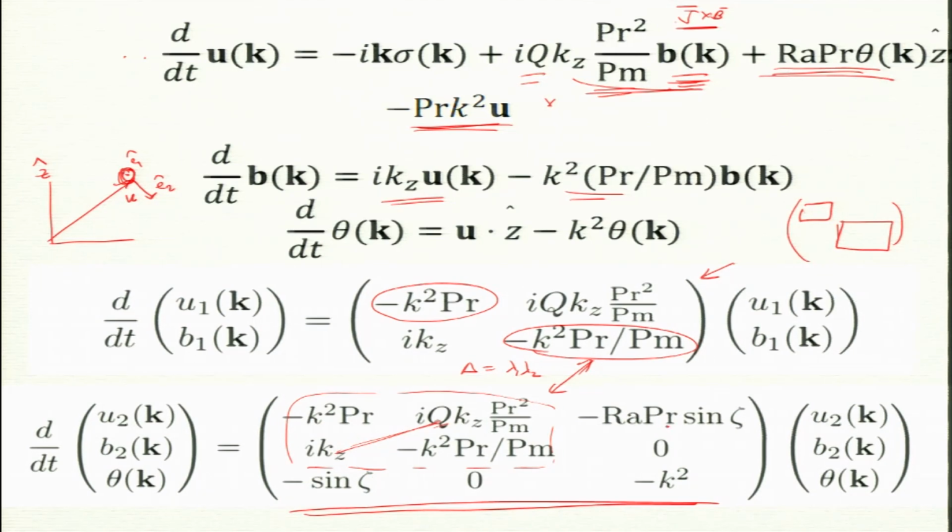Okay. And if you look at u2 and theta, if I drop this q term and b2 term, then we recover the convection equation. So, you can see that they are all consistent, just in the structure. But since u2 b2 are coupled by this Alfvén coupling, it is a 3 by 3 matrix, not a 2 by 2 matrix. Okay, and that will complicate things a bit. So, is that fine? This is derived from the linear equation. Now, this equation has 3 eigenvalues and 3 eigenvectors.